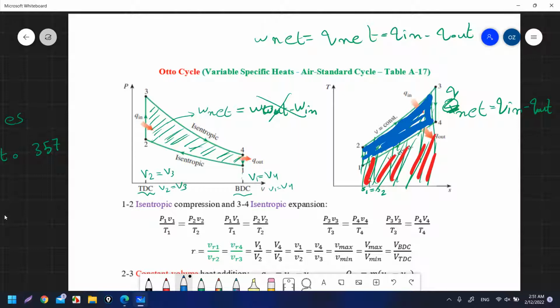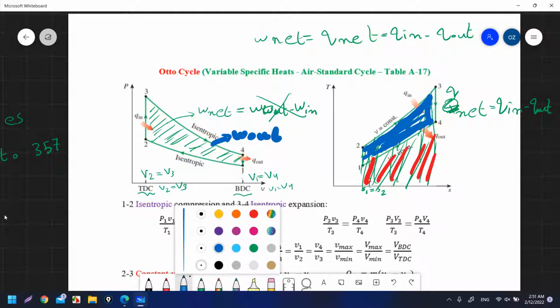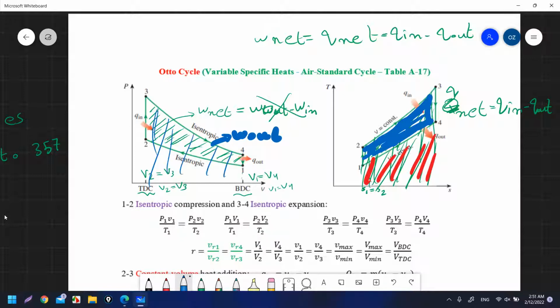You have isentropic expansion. This isentropic expansion will produce W out from the cycle. Okay, this W out is the area under the process 3 to 4, and Wn is the work in the process from 2 to 1. So that is Wn. The area enclosed is W net. The difference between the whole area, the blue one, minus the red area, will give you the enclosed area inside